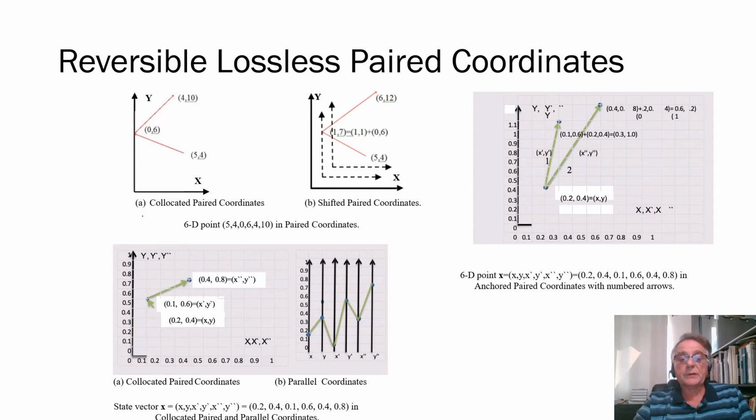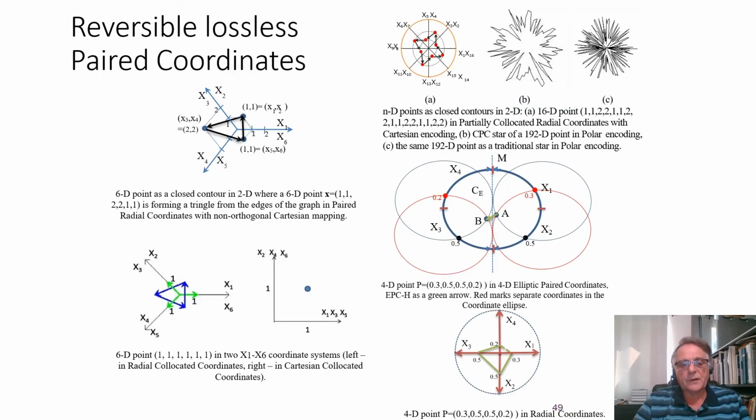Similarly, shifted coordinates can be designed, where the first pair of coordinates is here, the second is here, and the third is here. And there are several modifications of them. Later on, if we have more time, I will explain them. This is another set of examples of general line coordinates.